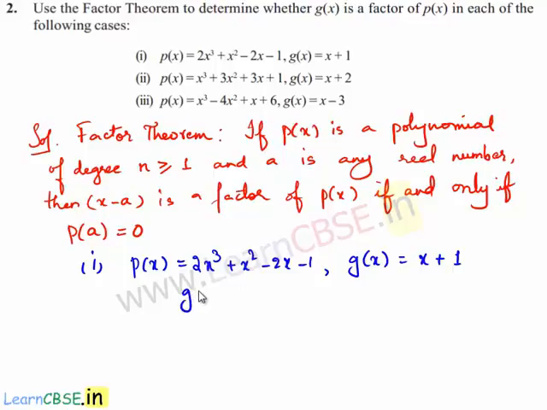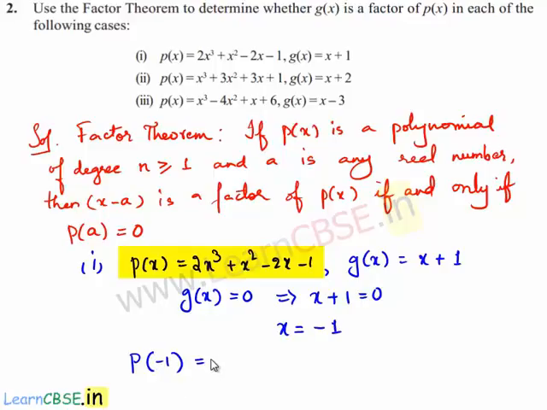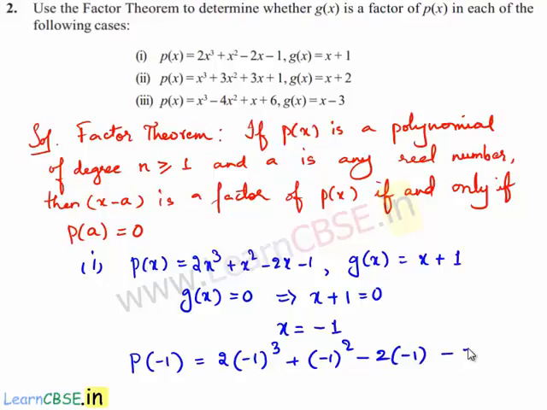It is obtained by equating g of x is equal to 0, which gives x plus 1 is equal to 0, which is x is equal to minus 1. So let us substitute minus 1 in the place of x, which gives p of minus 1 is equal to 2 times of minus 1 cube plus minus 1 square minus 2 times of minus 1 minus 1, which gives 2 times of minus 1 plus 1 plus 2 minus 1, which is equal to,